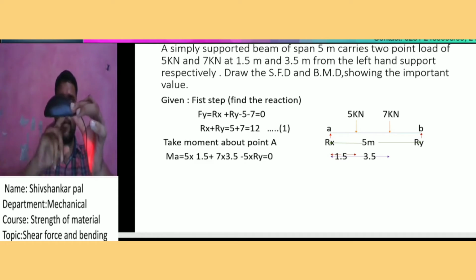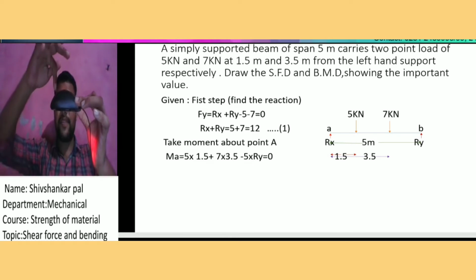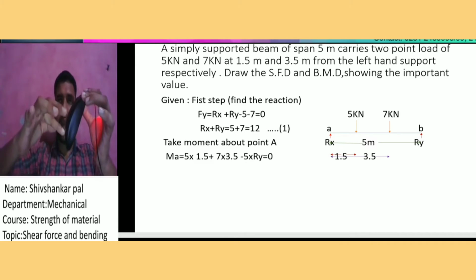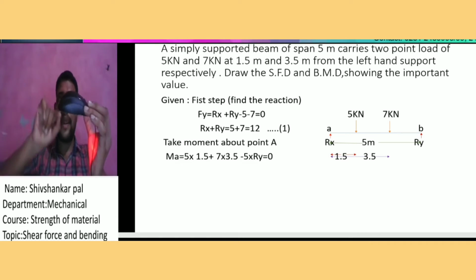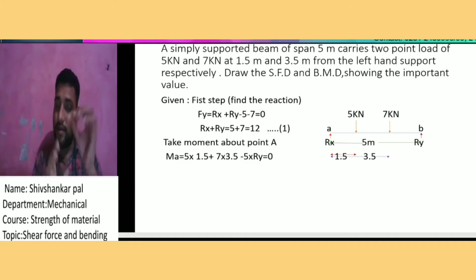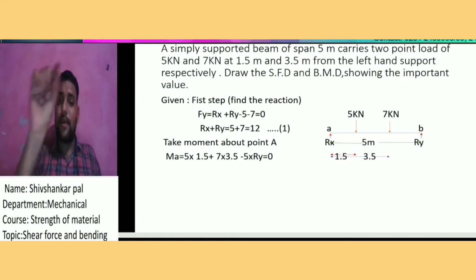Suppose that point is fixed, and that is our beam, and the 7 kN is the applied load. The beam will not actually move, but due to the 7 kN the rotation is in the clockwise direction, so take a positive sign.